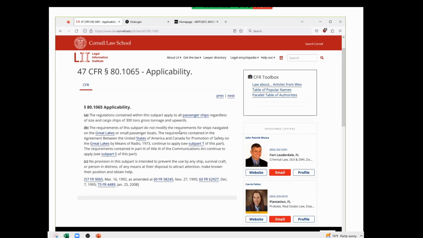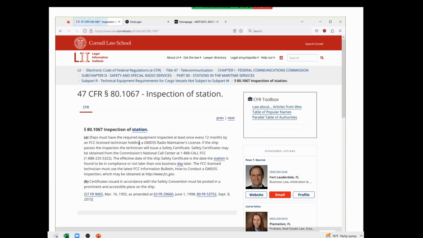Well, the next section did have the inspection of the station. I just pretty much flew by it, but I'm going to slow us down a little bit. Ships must have the required equipment inspected at least every 12 months by an FCC licensed technician holding a GMDSS radio maintainer's license. So, that's something that you guys are getting pretty close to being qualified